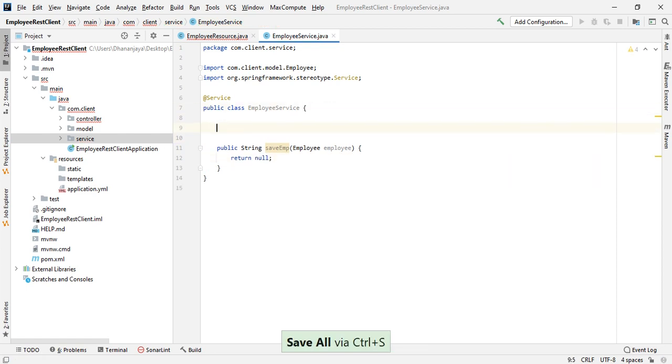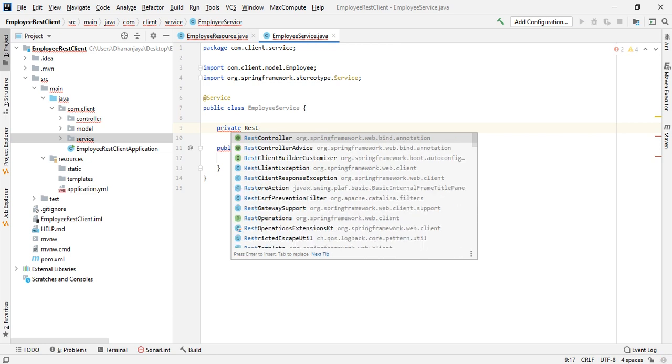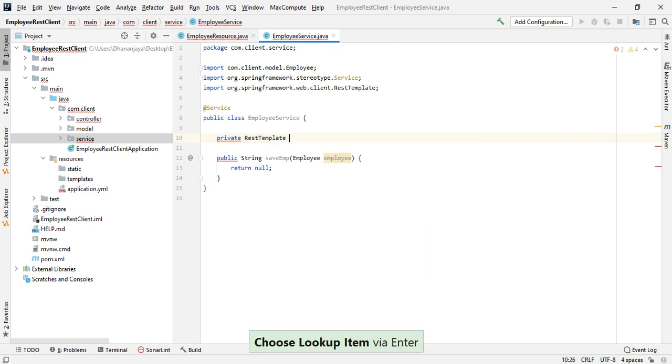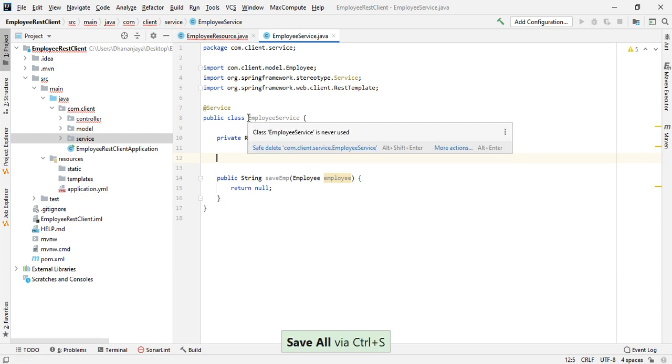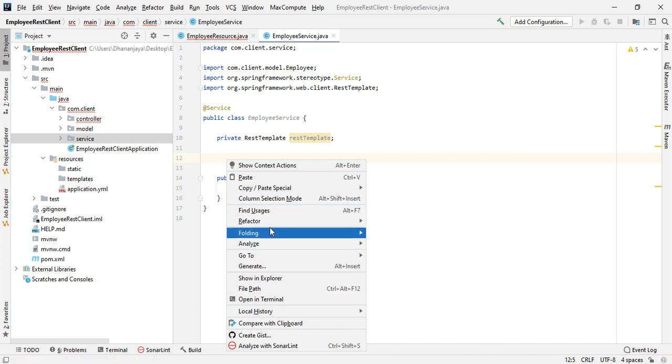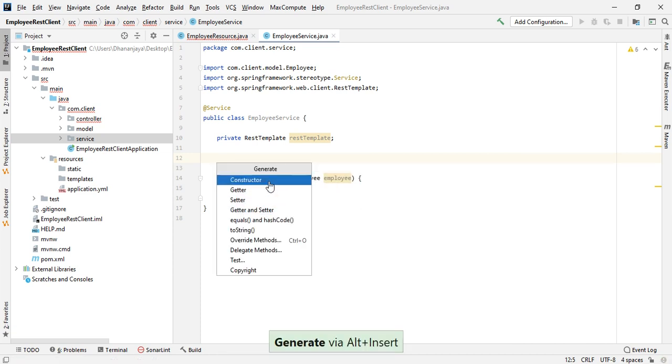Okay, we need RestTemplate to call the REST endpoints, right? So let's inject the RestTemplate. So let's create the RestTemplate inside the constructor of the service class. Generate the constructor.